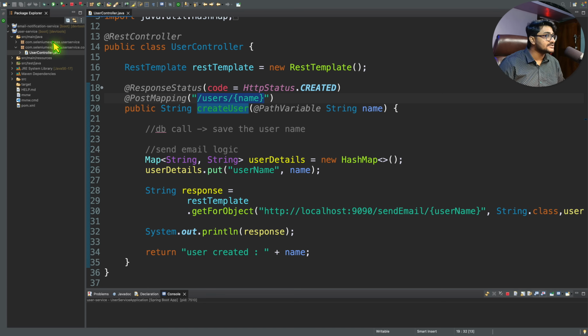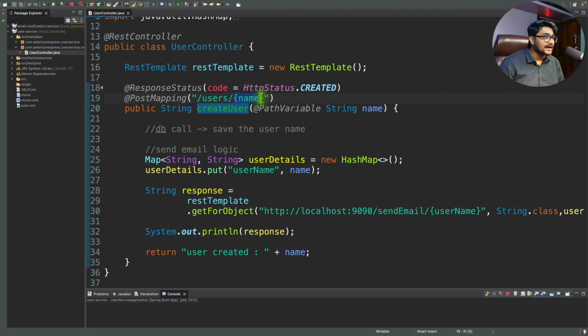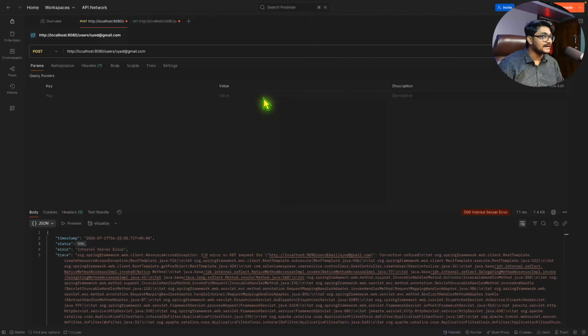Because the sole responsibility of the user service is to create a user. And right now, this service is up and running. You can see this service is up and running. That means we can collect the data, we can save the data, and that's it. That's the responsibility of this service. But as we are sending the email, and we are making a REST call to the other service, as that service is down, this service right now is also giving us a failure message whenever we are hitting this endpoint,